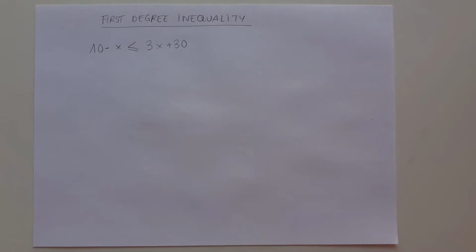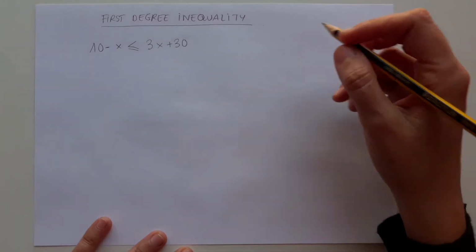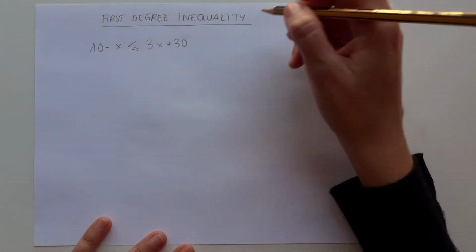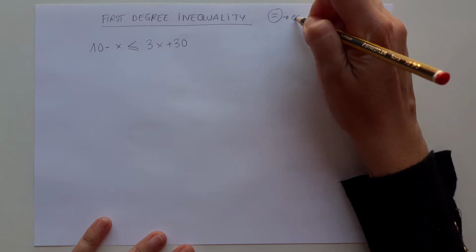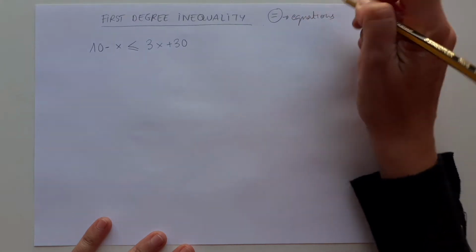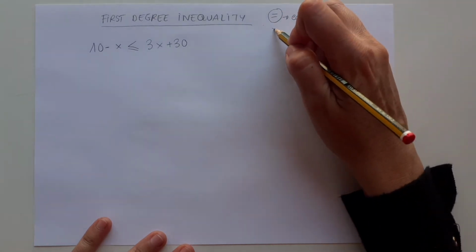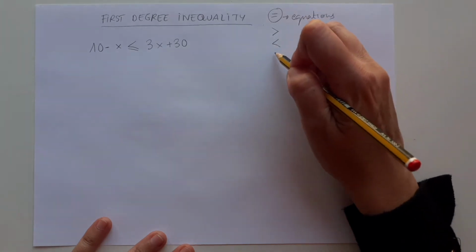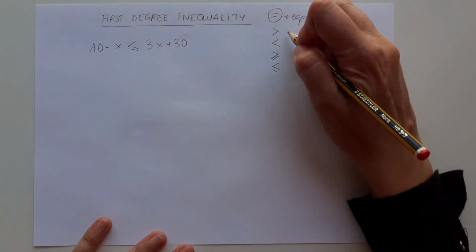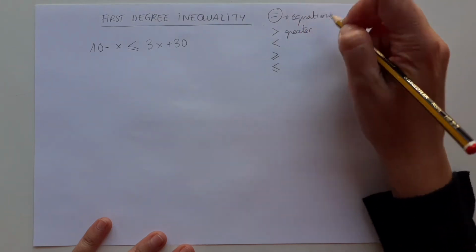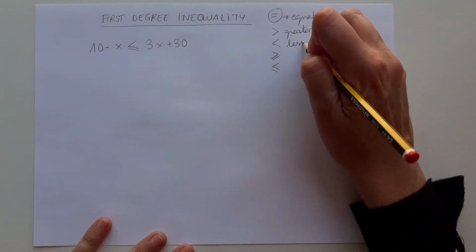Let's work today on first degree inequalities. You know that when we are working with inequalities, instead of using the equal sign, like we use in equations, we are going to use these signs. This one, this one, this one, or this one. This means greater than or more than. This is less than,